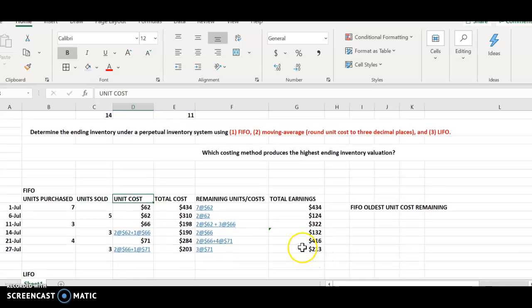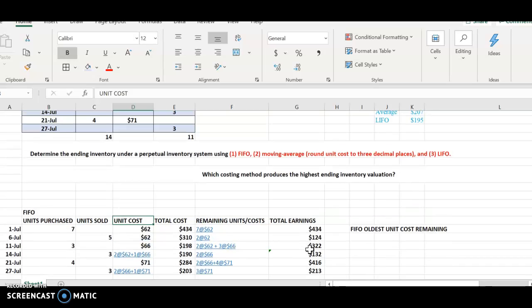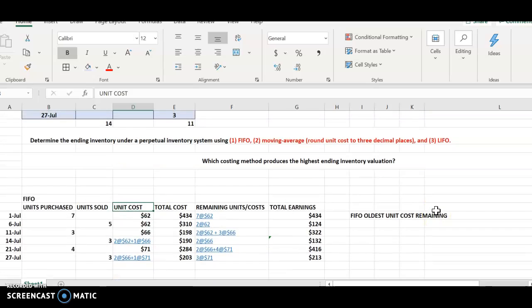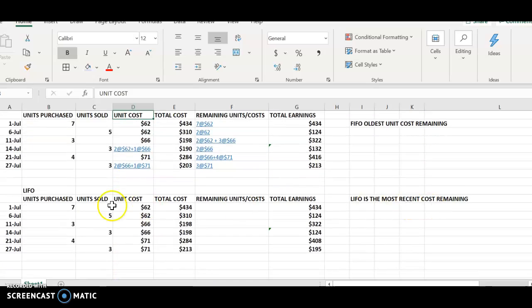So that's our answer. FIFO will be 213. That's the ending inventory. I hope this made sense, but that's the right answer. And then I would like to explain LIFO. LIFO is a little easier because LIFO is the most recent cost remaining,